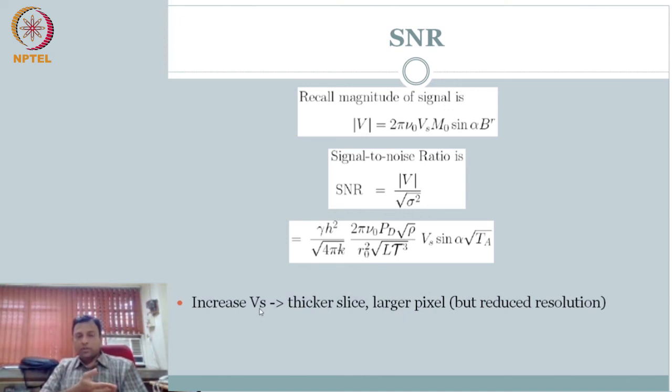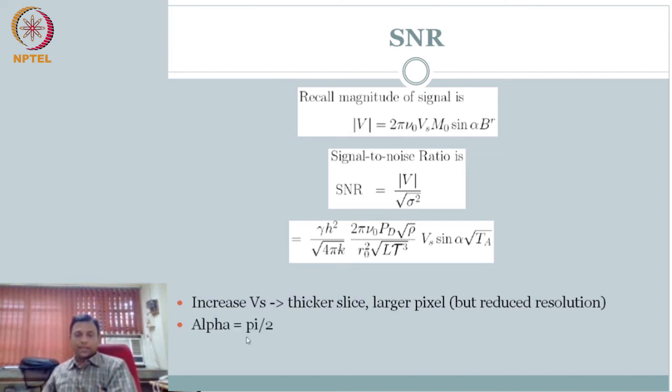But if I do that, I may lose signal to noise ratio, which will be a problem. So if I increase the slice thickness, I may have only 3 slices covering the entire heart. That means I will get good signal to noise ratio, but I won't be able to say whether it is in the upper part of the heart or not. I won't have any resolution in that sense, depending on slice thickness.